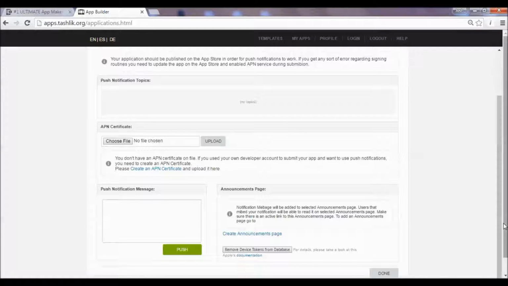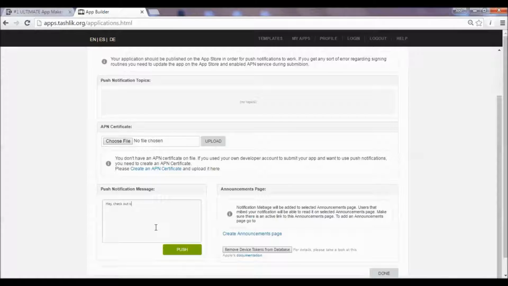There's a few steps you're going to need to take to get push notifications set up. Again, we've got videos in the training area. Check those out. We need to upload our APN certificate. This is right from Apple, announcement page. But essentially what we would do is once we have all that set up, we would just say,